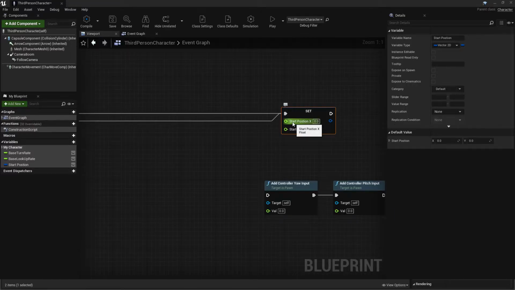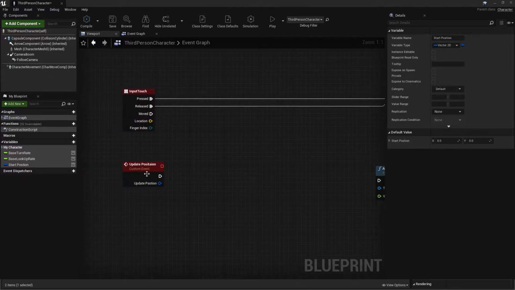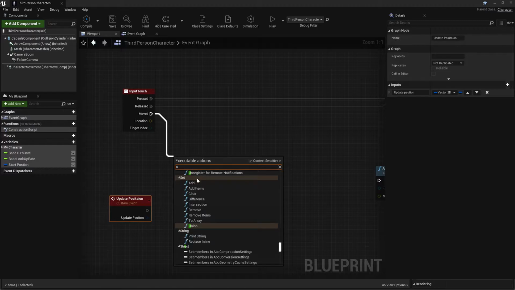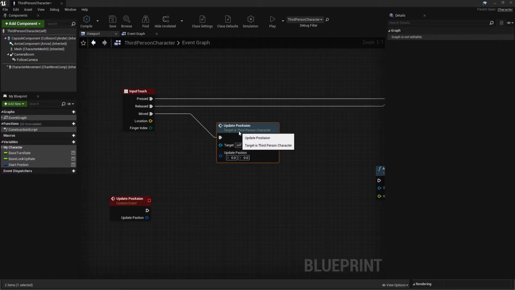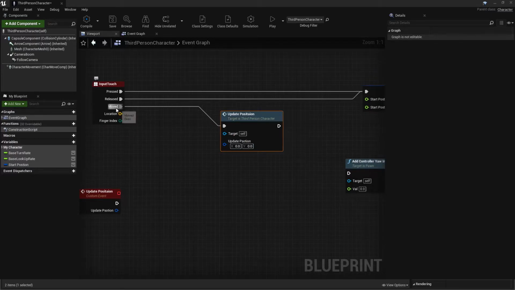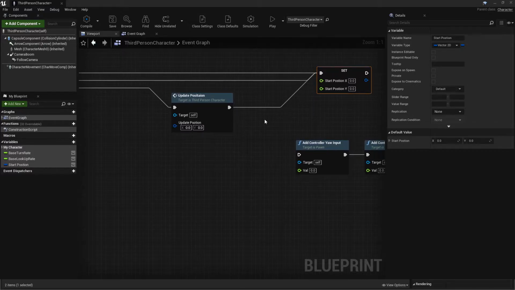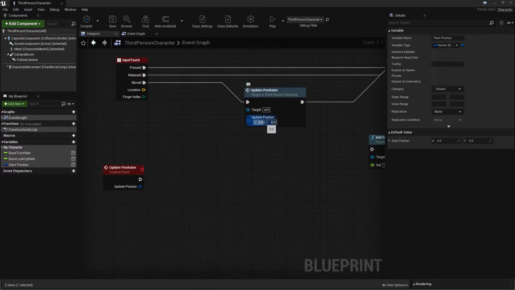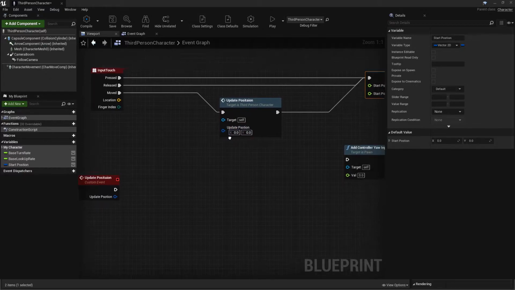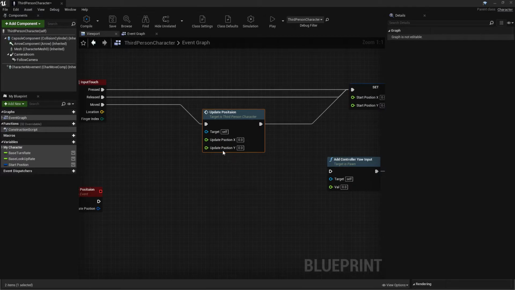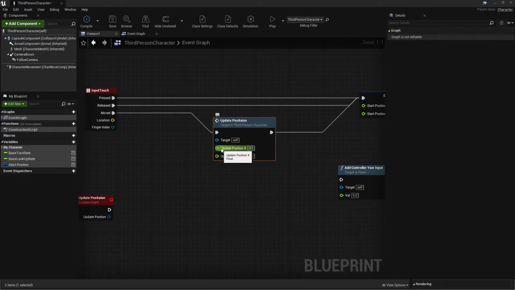You find the X and Y values, and then you need to call your Update Position here. At Update Position you need to connect it from move, and also connect it with this. As you can see, they give you X and Y positions, because it's a vector value. So split it, and then you find the float.